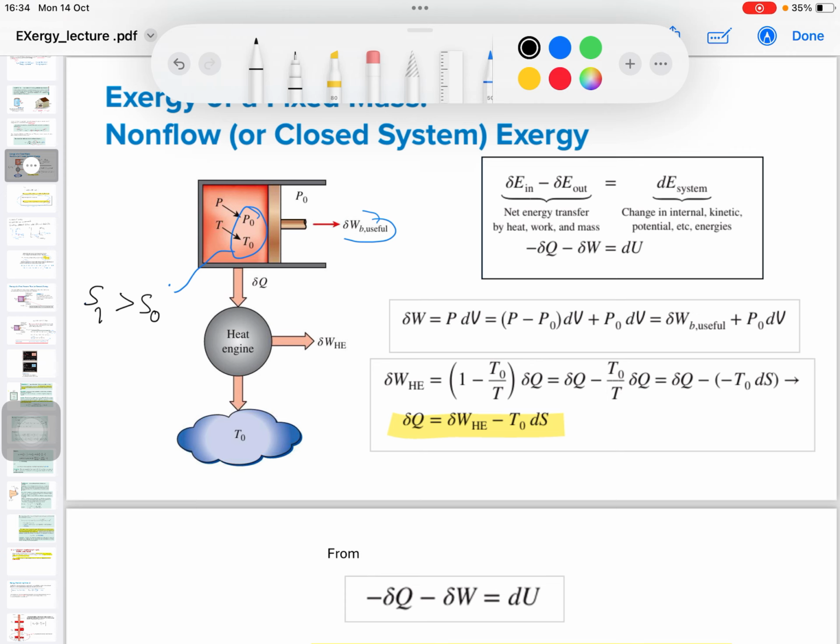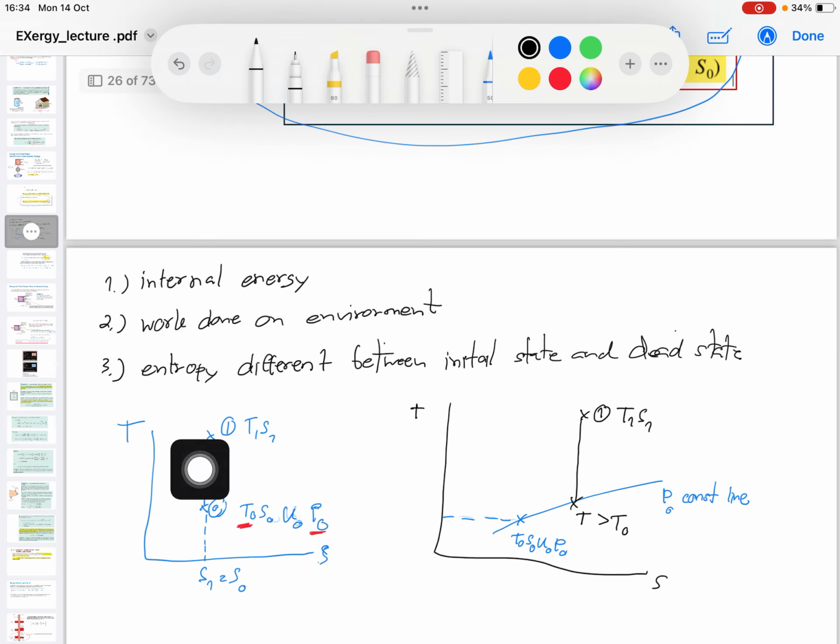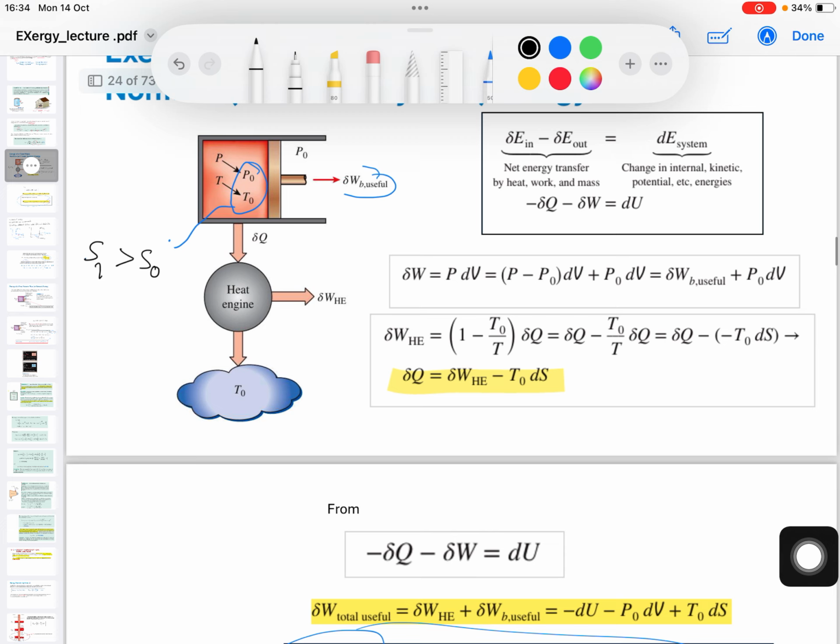it means that if I isentropically expand the gas, I will reach the P0. This is a TS diagram, and I am at the initial state here, the gas inside the cylinder, T1, S1, and I isentropically expand the gas, S constant during the process, right? So I go down here, then I will reach the P0 before T0. So I will reach P0, but my temperature is still higher than